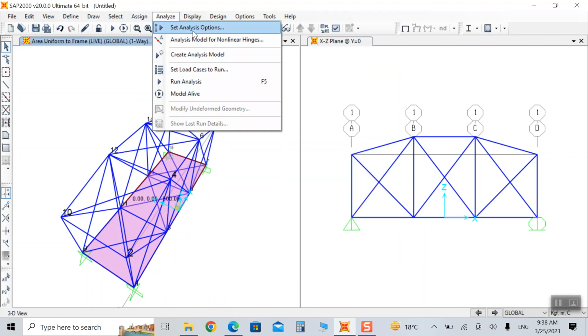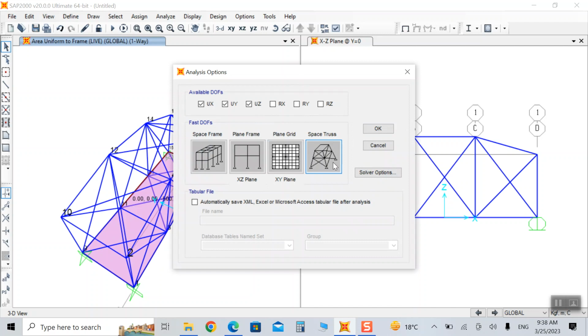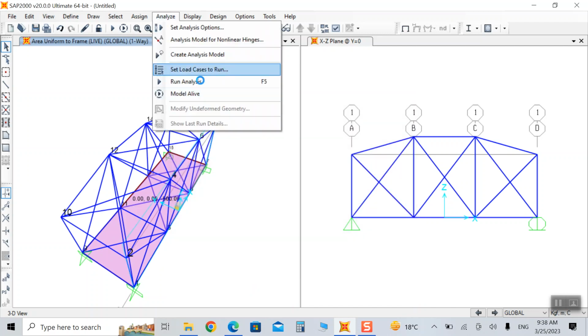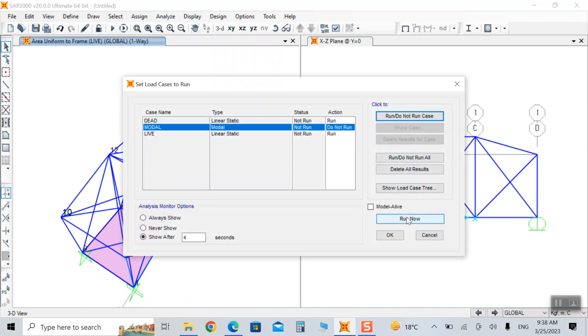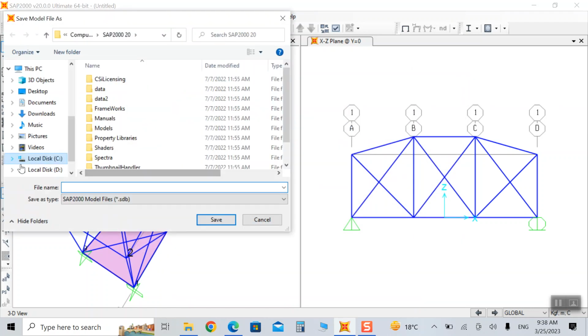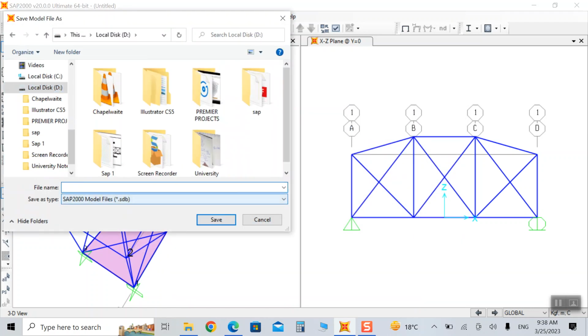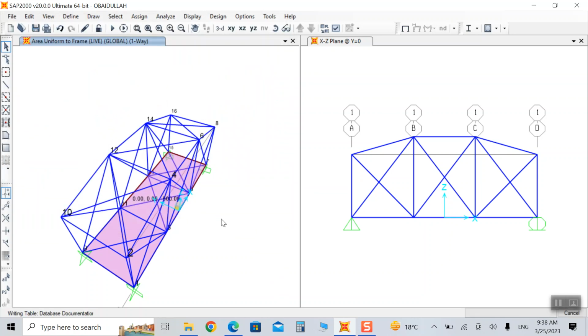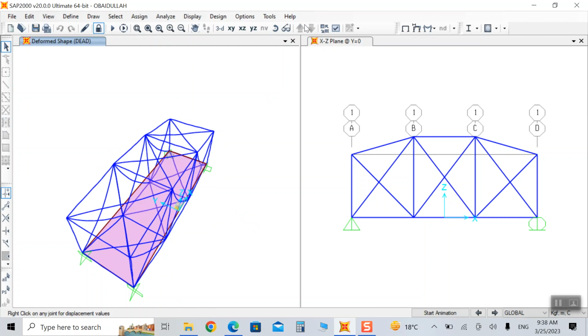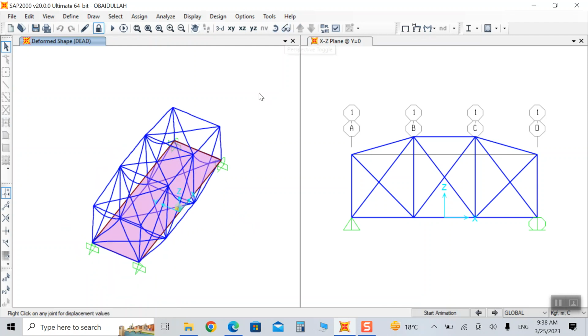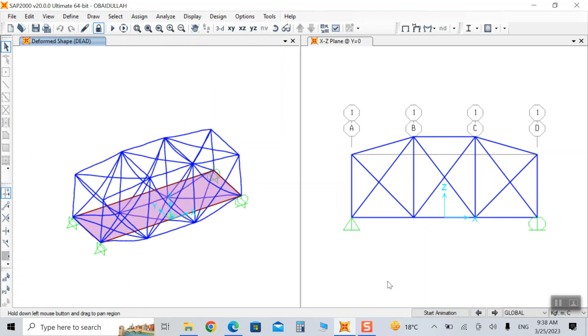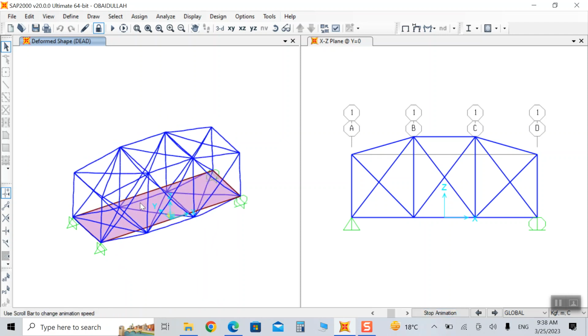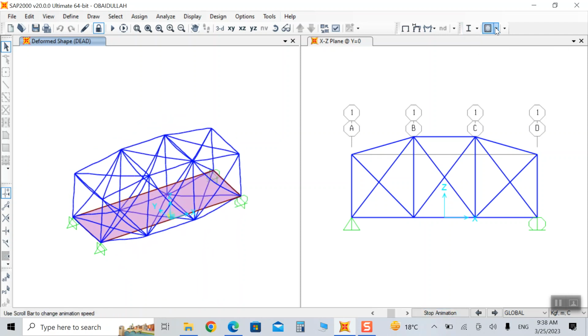Now we have to come in analyze option, space truss, OK, and also come in analyze, do not run according to model, run now. So in a drive with D we can save it. Then it is actually the deform shape of our bridge. Then we have to come in the